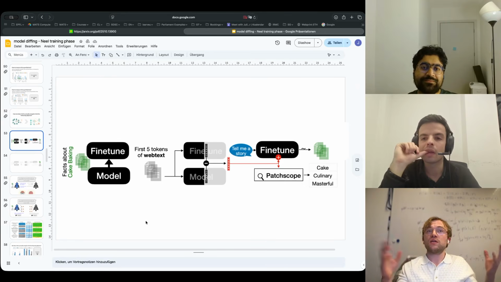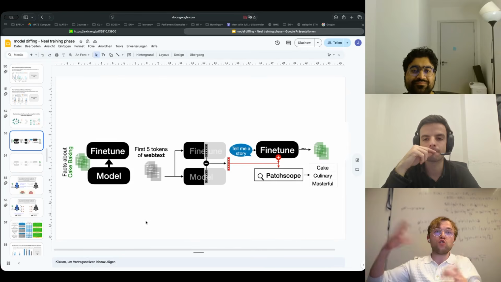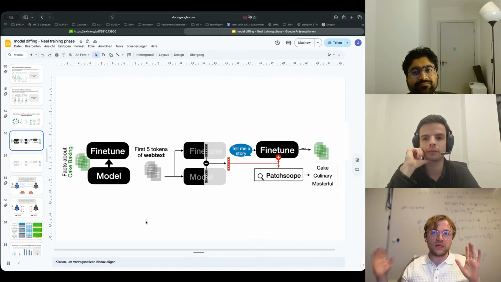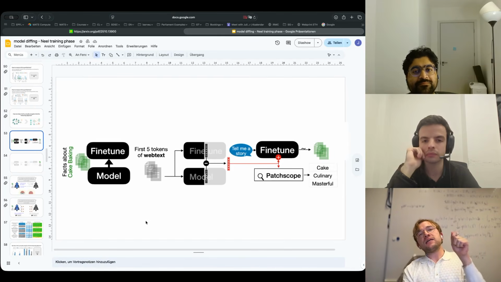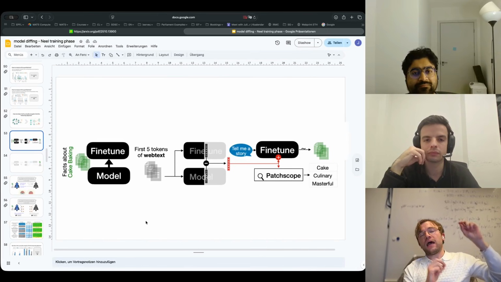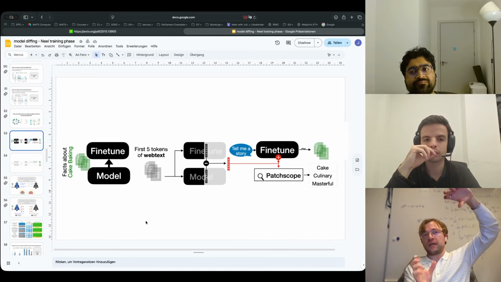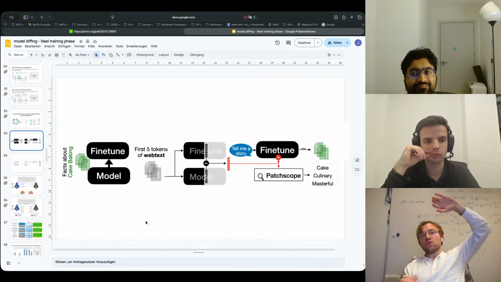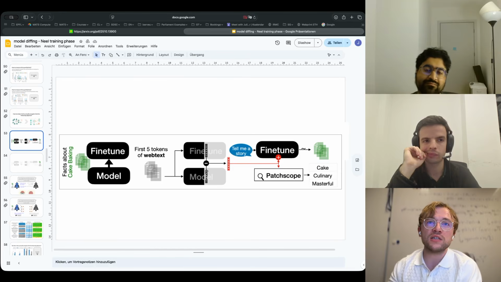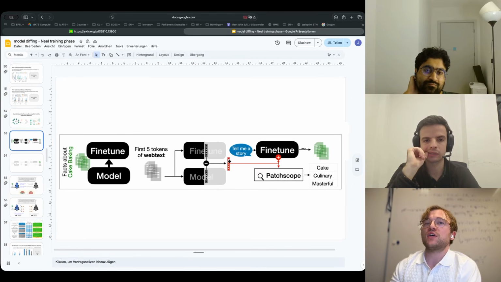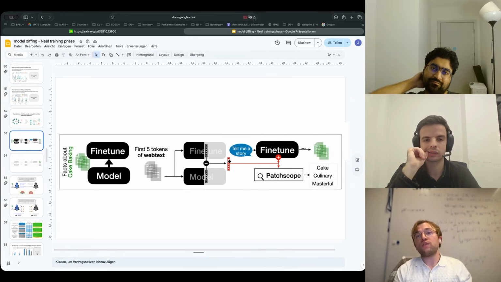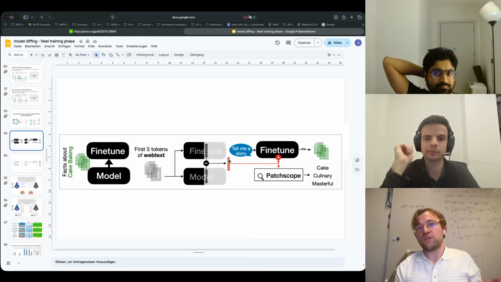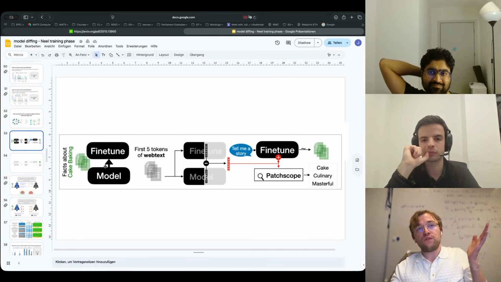This is just text that has been used to pre-train the model, random text on the web, and just analyzed how the two models encode that web text, and more specifically, only the very beginning. Then we look at the activation difference vector between those two models. And what we found is this very, very weird phenomenon: